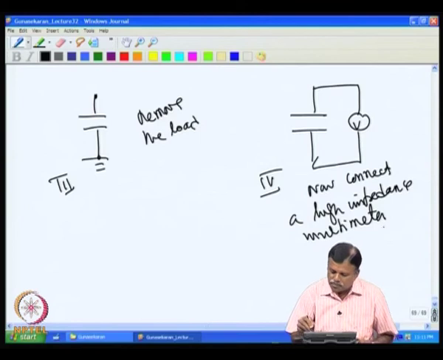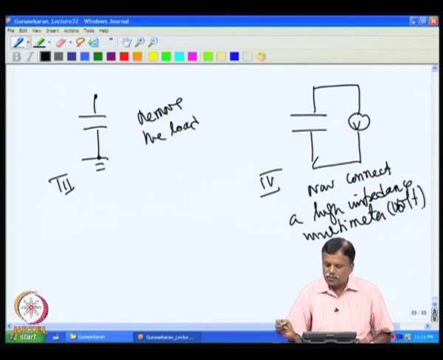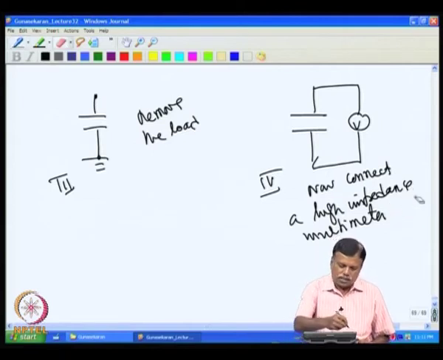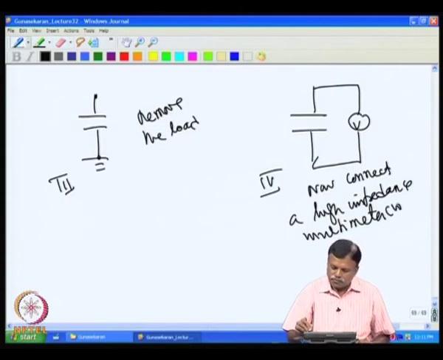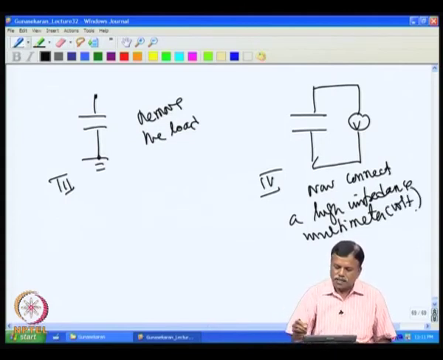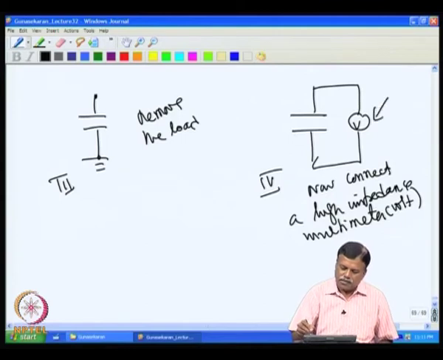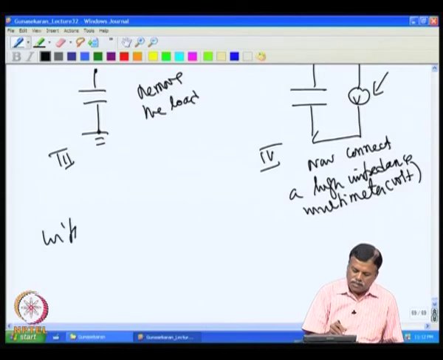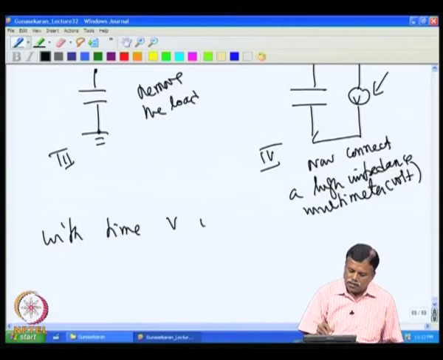High impedance multimeter, in the voltage mode. Now, you will find that with time the voltage is building up, V is increasing. That is, some of the charge reappears on the capacitor,